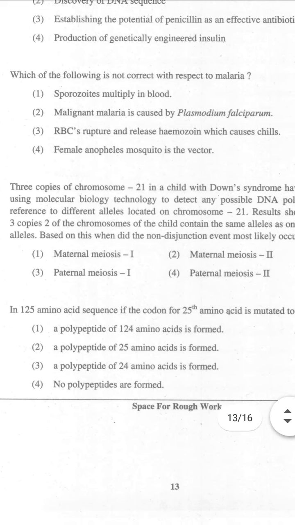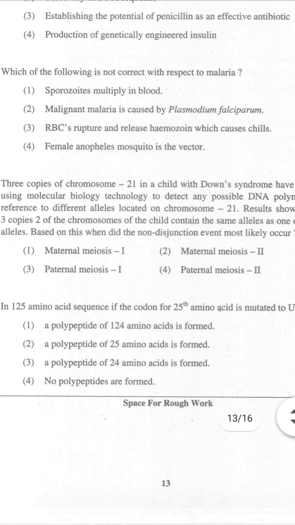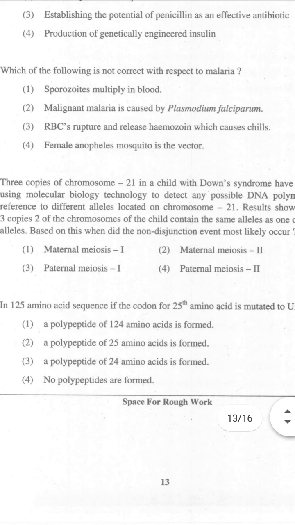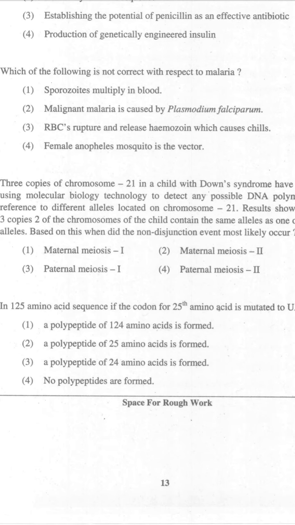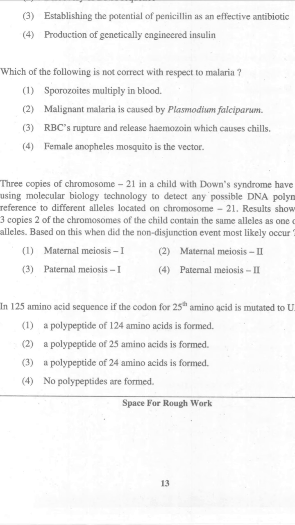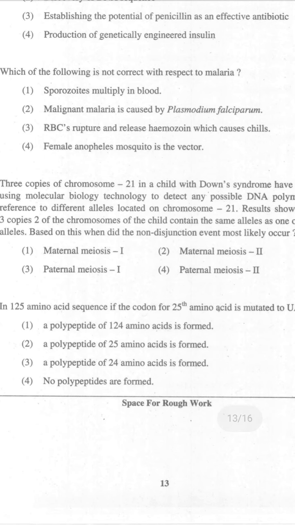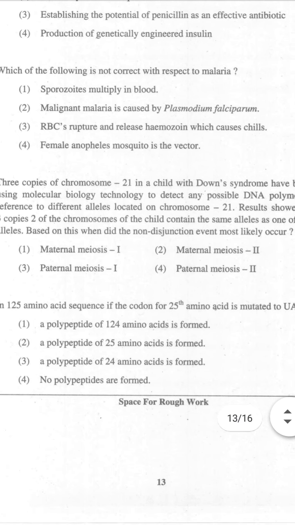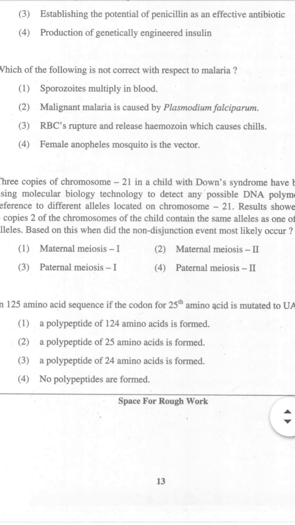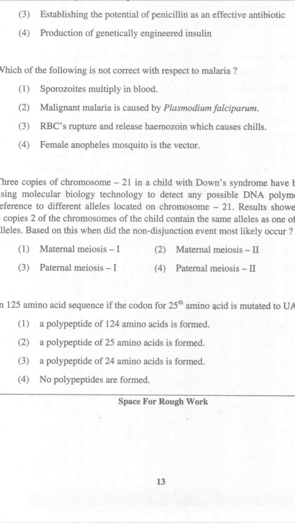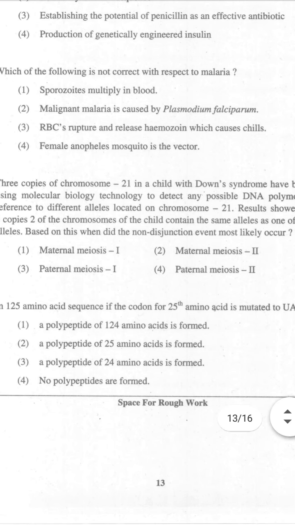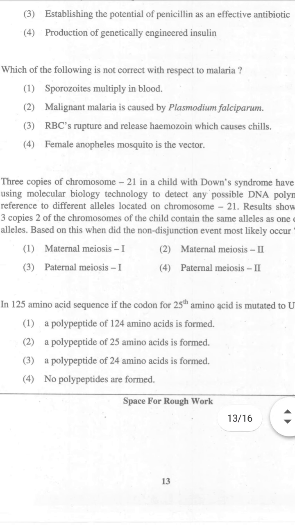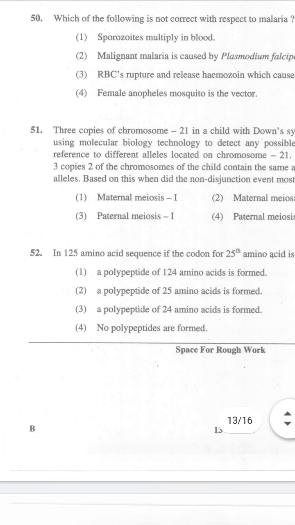Now let's see the solution for this. Plasmodium enters the human body as sporozoites, which is an infectious form, through the bite of the infected female Anopheles mosquito. The parasites initially multiply within the liver cells and then attack the RBCs, resulting in their rupturing, and the female Anopheles mosquito bites the infected person. Understand? So now let us see 51.